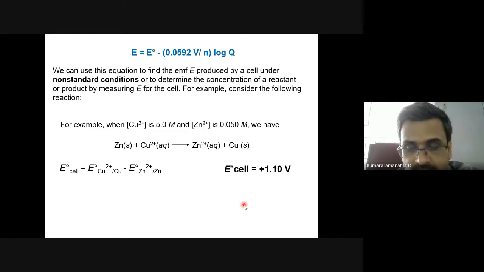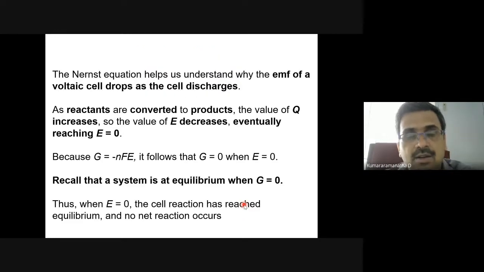Now, I want to give you an idea about what exactly the Nernst equation tells us. The Nernst equation will tell you why the EMF of a voltaic cell drops when the cell discharges. When it discharges, a lot of reactants are being converted into products, and at the equilibrium,